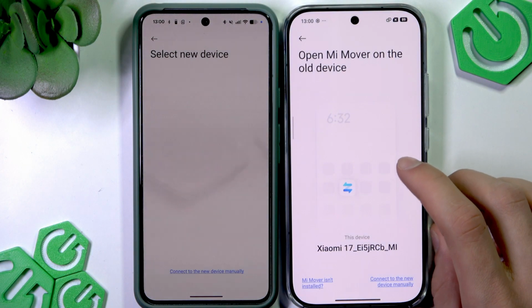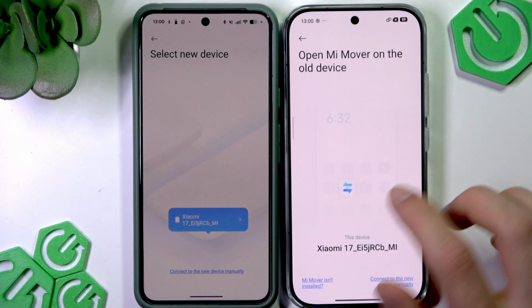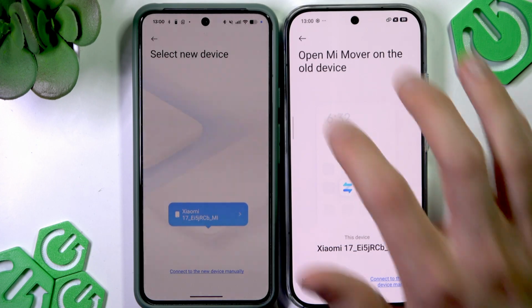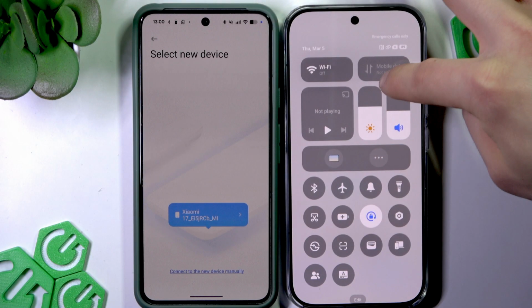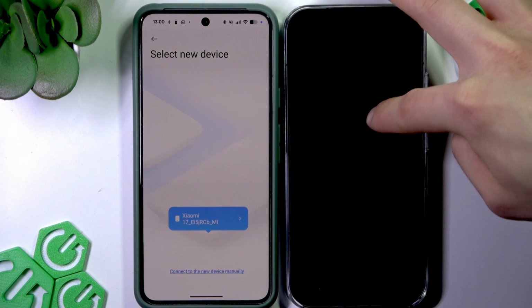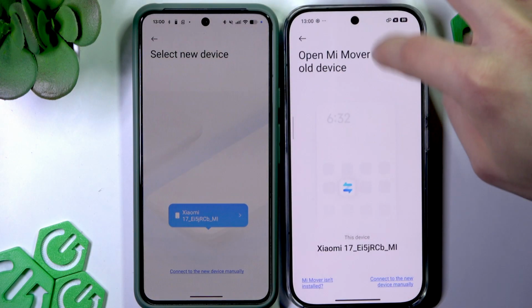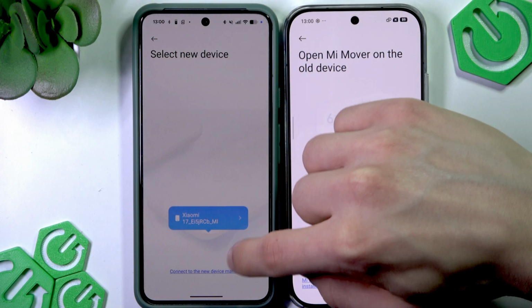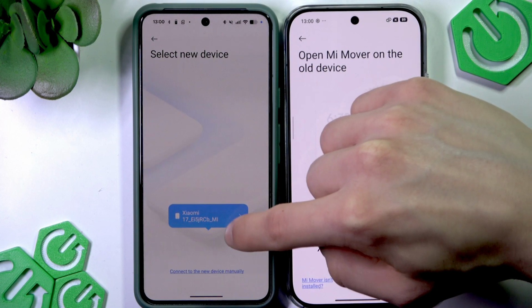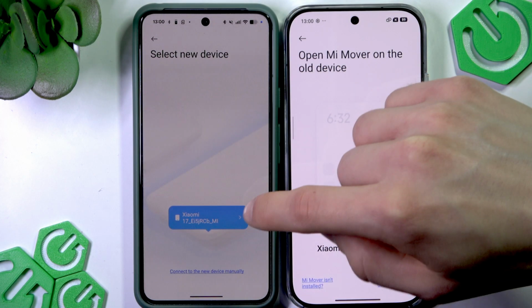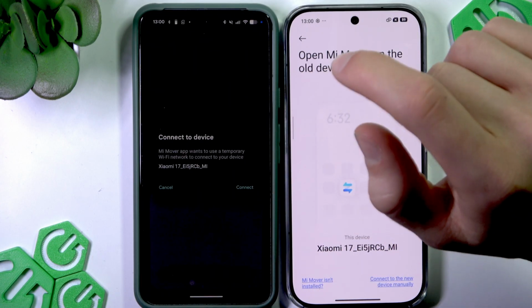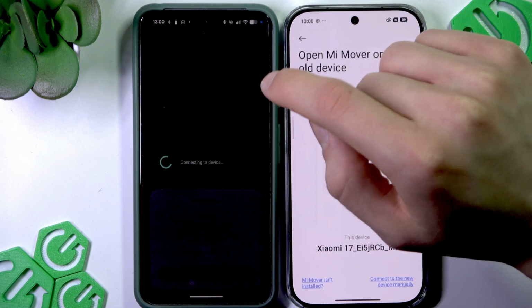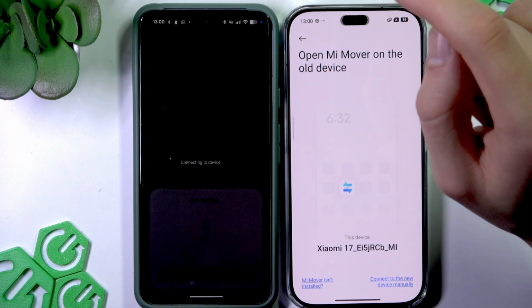Okay, and so right now we're gonna have to either enable Bluetooth on both smartphones and let the old device find your Xiaomi, or you can use manual connection by selecting connect to the new device manually on both the old device and Xiaomi. Tap connect when you find your smartphone,